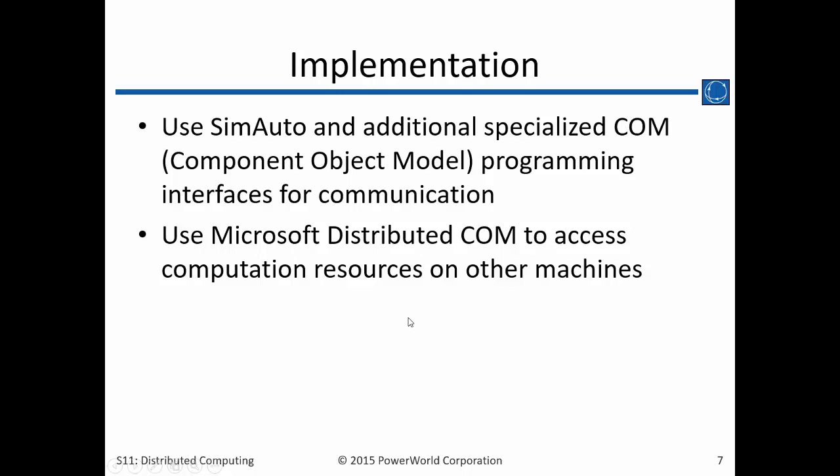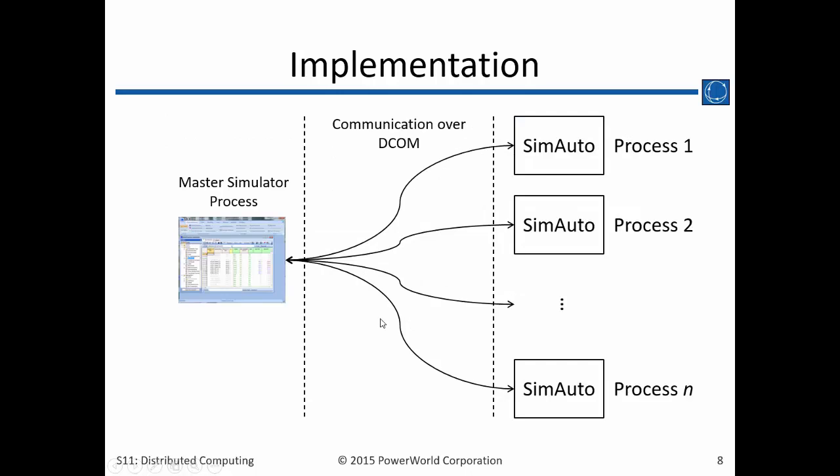Distributed COM is what it uses to access the other machines. And of course, this does present security issues because the same DCOM could be used to distribute malicious software. So it's a little bit harder to implement this across multiple machines, but you can do it as long as they're secure and they're off the grid and they're not subject to external threats. But if you don't have that kind of setup, you can still use this with a machine that has multiple